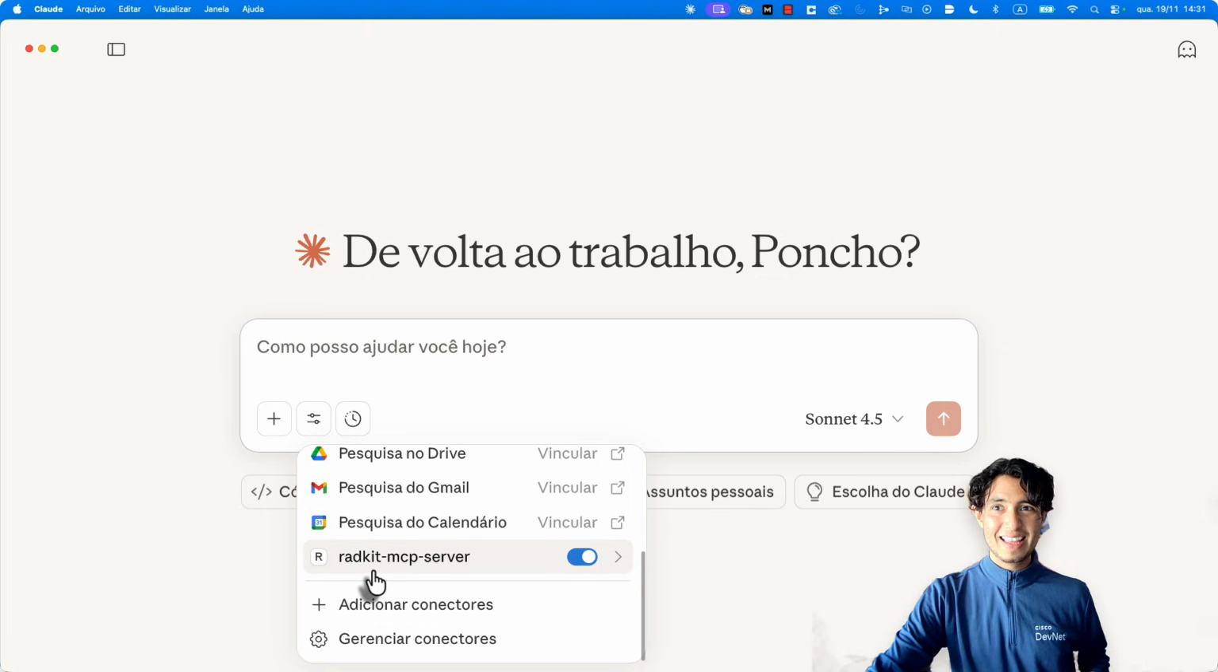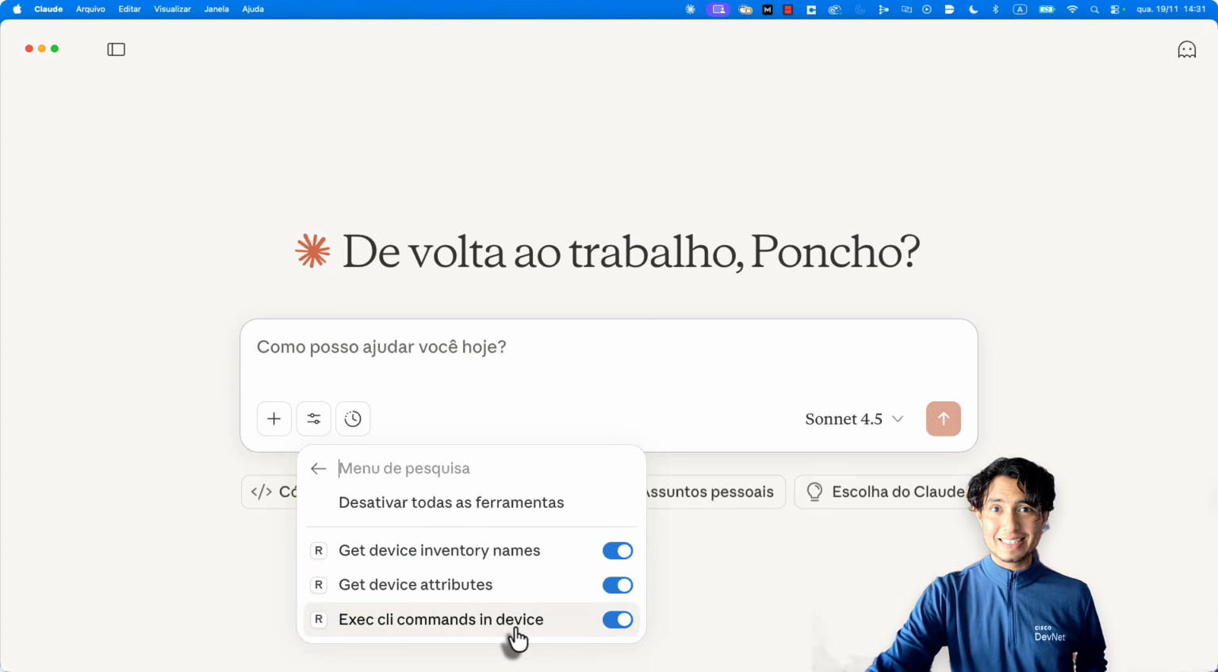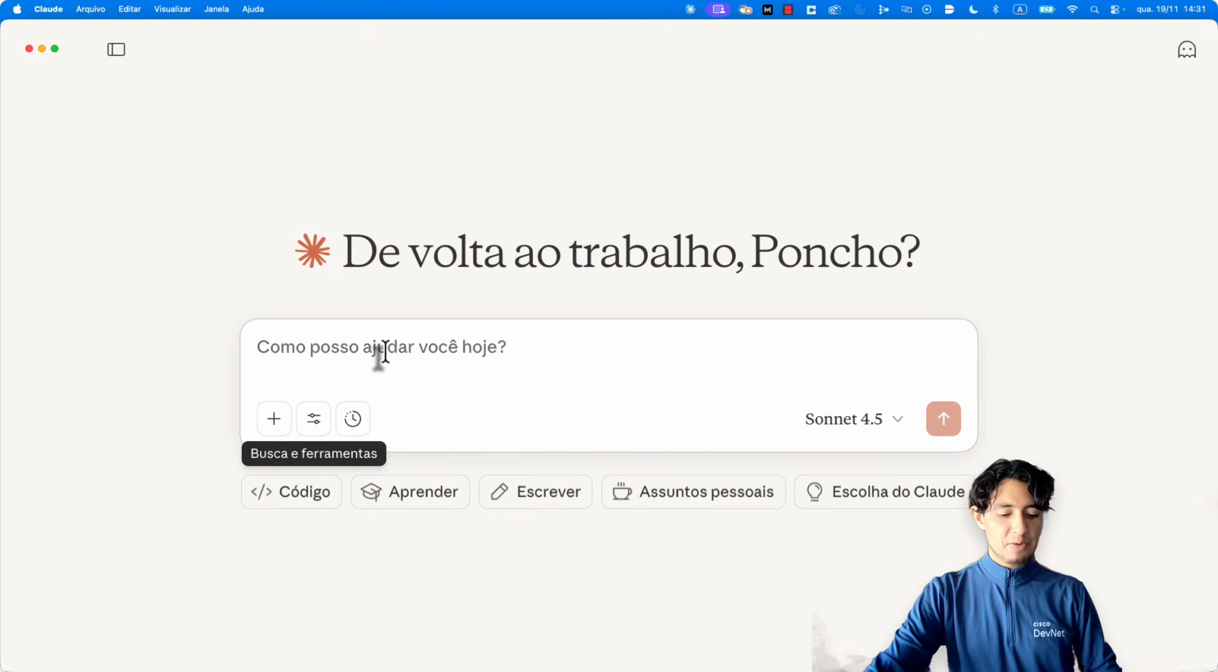There you have it, our MCP server for RADKit. You can see here are the 3 tools that we created, and this is pretty much ready for some nice queries. I'm going to start with something very simple. I'm going to ask our friend Claude to tell me,